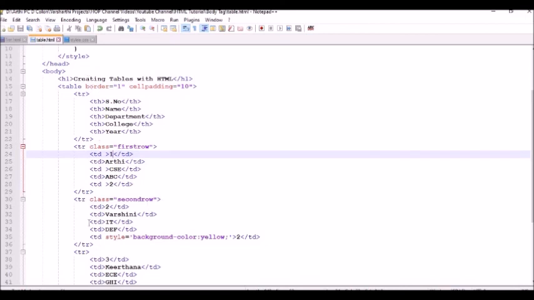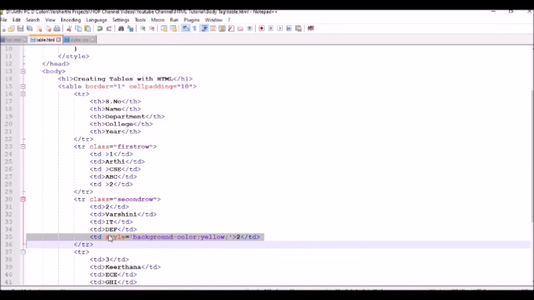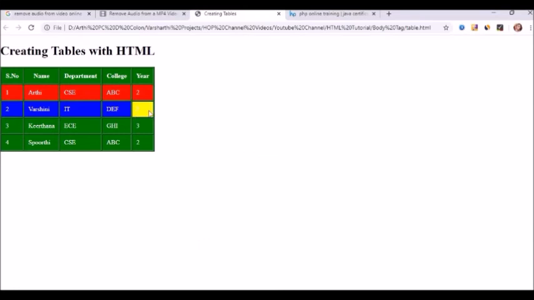However, for one particular column inside the second row, I have applied inline CSS. In inline CSS, I have changed the background property to yellow. In our output, the inline CSS property is reflected.